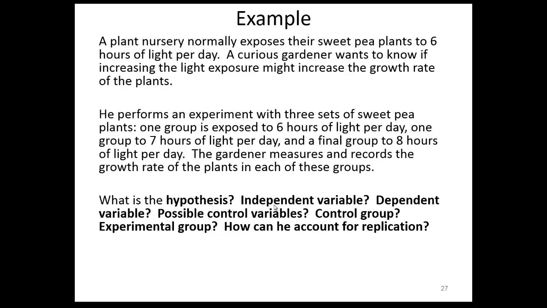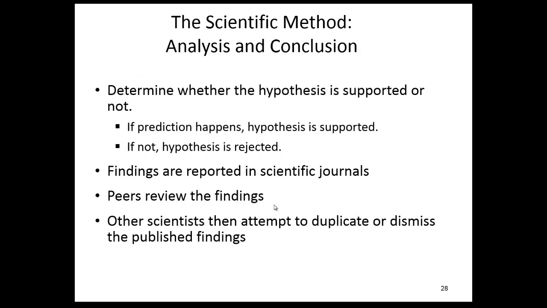So whenever we finish our data gathering, we want to look at our data and analyze it and make a conclusion. So we're either going to reject our hypothesis or we're going to support our hypothesis. And oftentimes, if something is supported, it'll enter a scientific journal and it will be shared with the scientific community. And oftentimes, scientific journals are based on different fields of study. There's journals for nursing, for physics, for biology, for earth science, chemistry, and so on. So it would go into the correct journal.